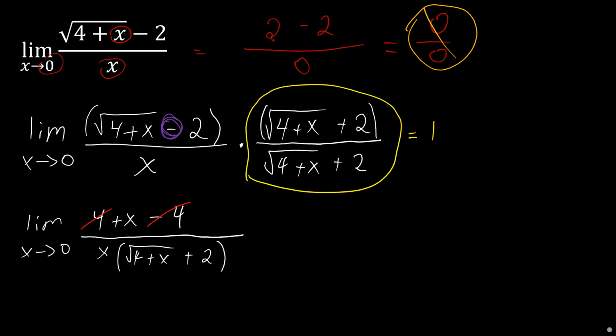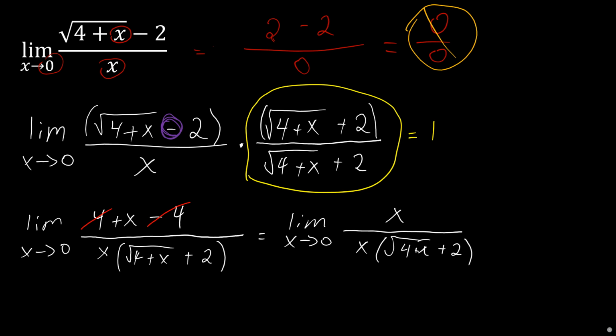This negative 4 and 4 cancel. So we're left with the limit as x approaches 0 of x over x times the square root of 4 plus x plus 2. And then something else cancels here, which is really nice. So then we're just left with this expression: the limit as x approaches 0 of 1 over the root of 4 plus x